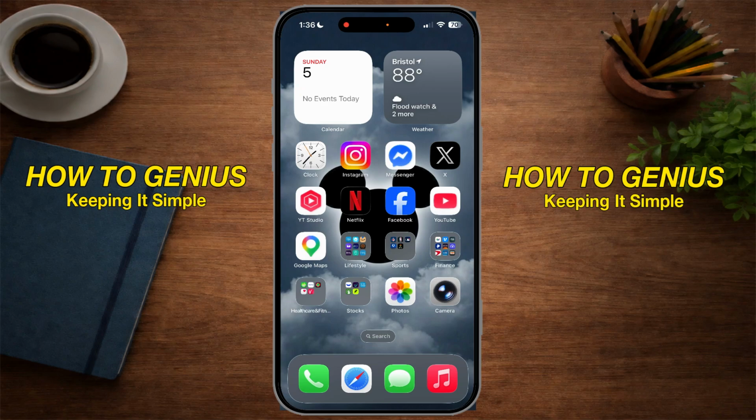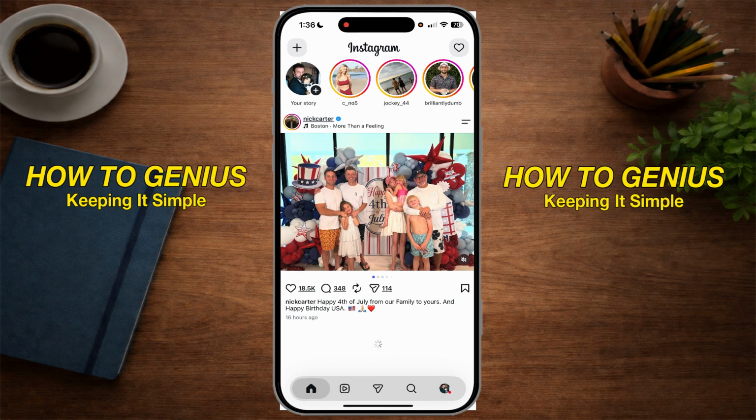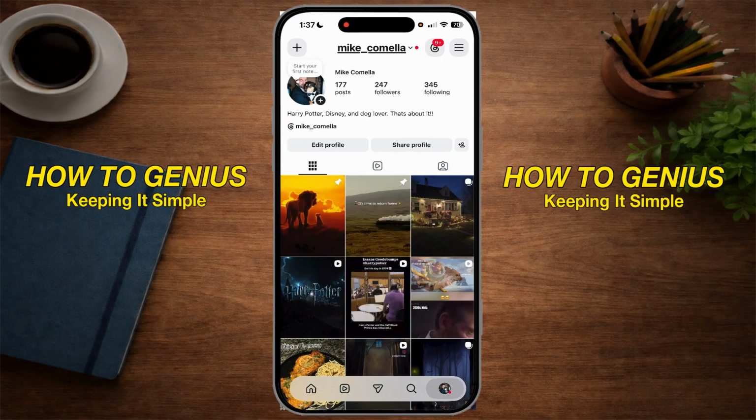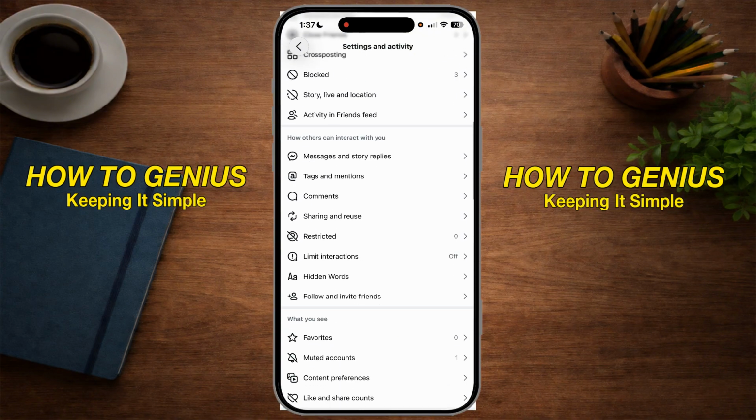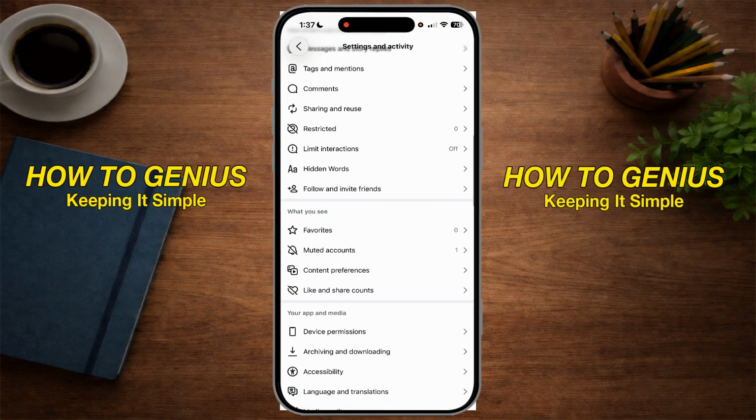In this video, I'm going to show you how to reset your Instagram algorithm. So let's go to Instagram, and you want to go to your profile at the bottom right-hand corner. That way you can go to the three bars at the top right corner. Once this loads up, you want to scroll down until you find what you see, and you want to go